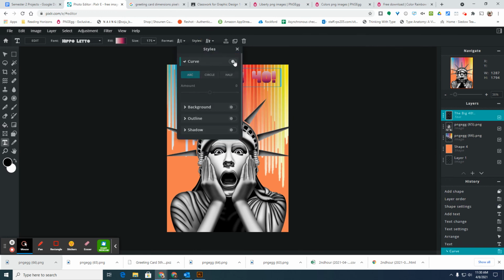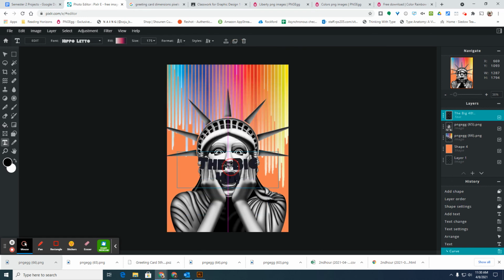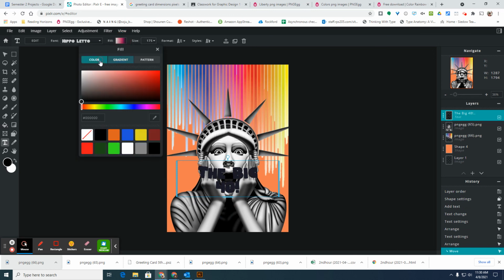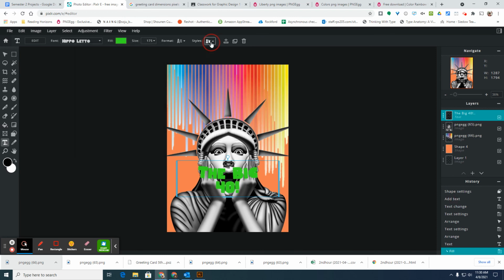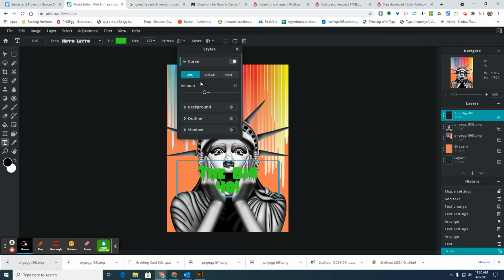So if you want to curve your text, maybe here, let me move this down just so that you can see the changes. I'll change it to a color you can hopefully easily see as I'm changing it. There we go. So if I want to curve the text down or curve the text up, I can. If I want to make a circle out of the text,